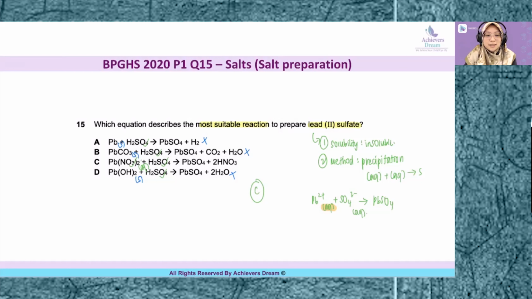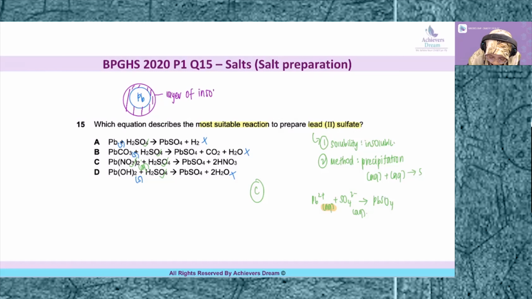Now, why are A, B, and D unsuitable, although they can react with an acid? Because when you are preparing an insoluble salt by reacting an insoluble starting reagent with an acid, it will form a layer of insoluble salt. Take lead metal: if it reacts with sulfuric acid, you will have a layer of